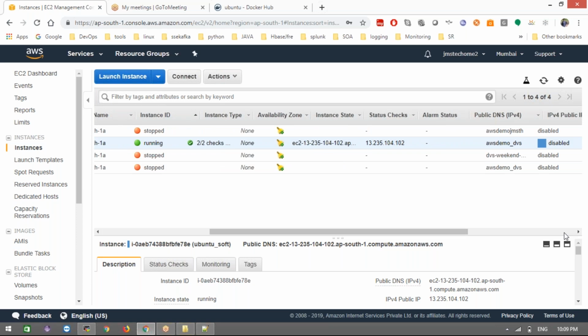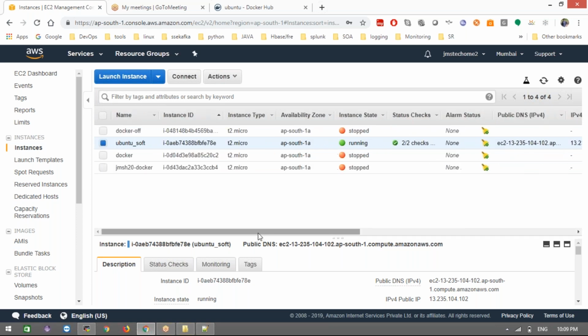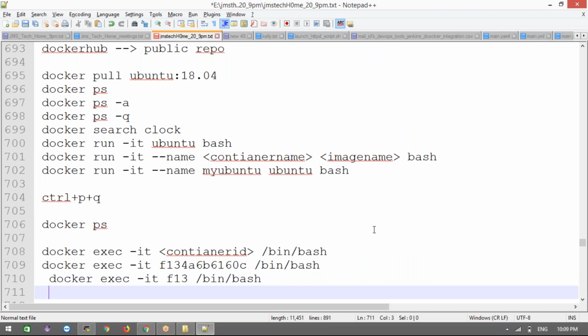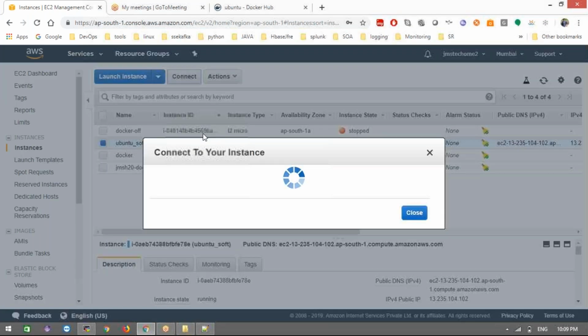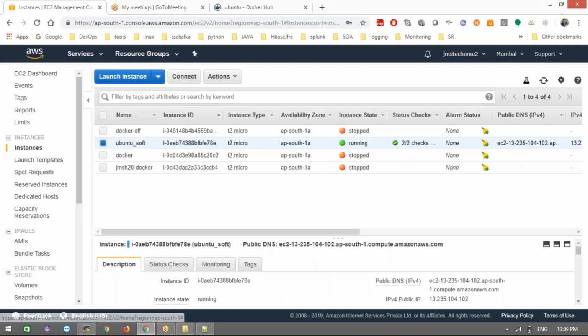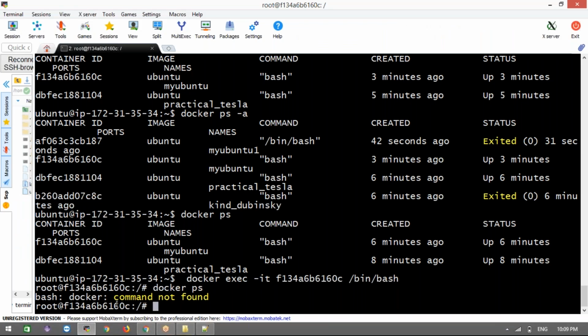Clear? And yesterday, with Amazon Linux AMI, what is the username? EC2 user, it will show. For an Ubuntu server, it will show Ubuntu as the username. We will know this while connecting here. Here the username is Ubuntu. If it is Amazon Linux AMI, it will show EC2 user. Okay, you know that, guys, right? That's fine. Now where am I? I am in the Ubuntu container.